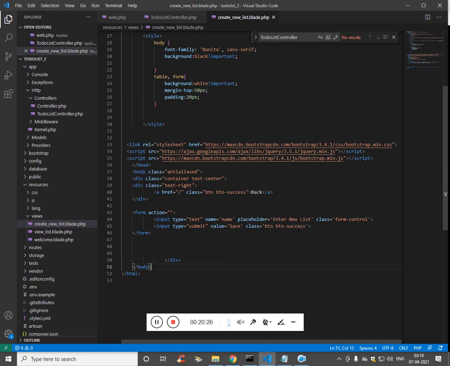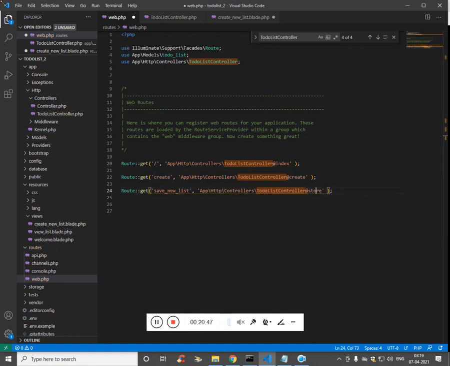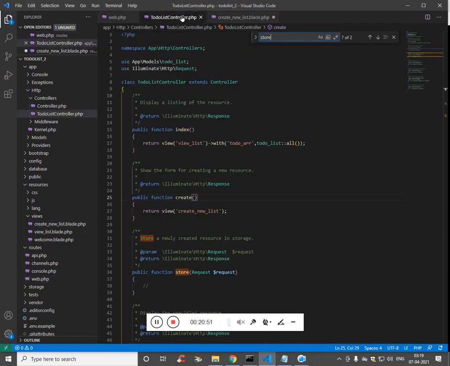Now whenever I click on submit, there should be a call to the request called save underscore new underscore list. So this is a URL, so it should get into the function called store. So where is store? Store is already over here.